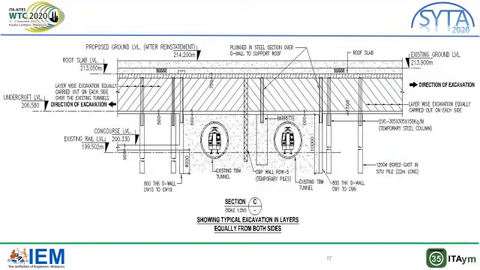Here is the figure showing excavation in layers equally from both sides in 2 compartments. Here you can see layer-wise excavation pattern equally carried on each side over the existing tunnels. This needs to be done to distribute the effects of overburden equally. Also, you can see the backfilling has been done over the roof slab up to the reinstated level. These are the plunge columns installed before the casting of roof slab to support the roof slabs.